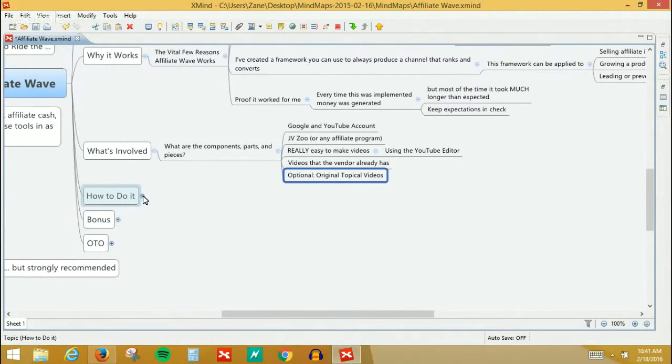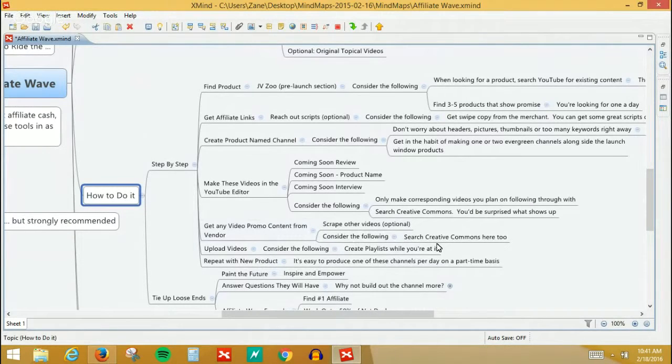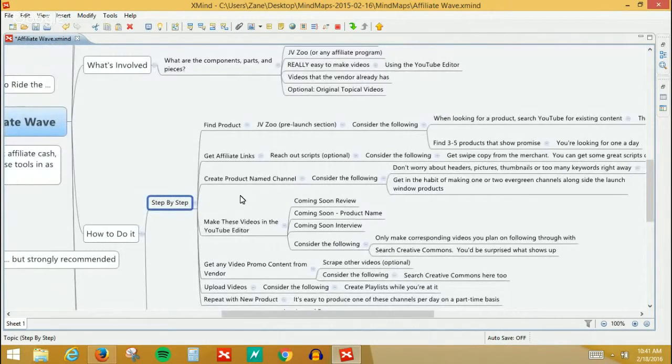How to do it. I'm not going to go into everything here, but these are basically all the notes that I've put together so that it can be one sitting and boom, it's all knocked out, right? So we've got some step-by-step stuff, right, which is 90% of internet marketing. I get it. But what I really liked was that along with it, you have step-by-step, but then there's also